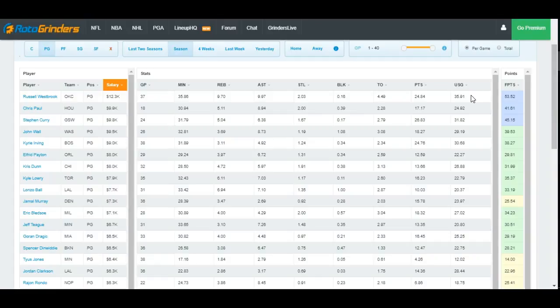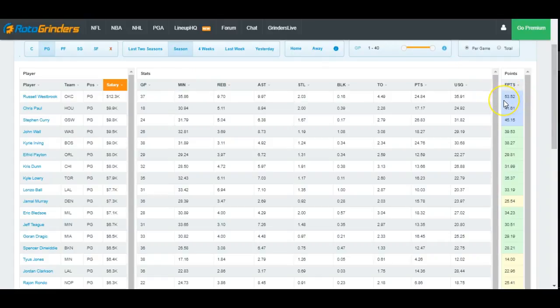And if the ball is in my hands, I have opportunities to do stuff with it. Again, if I'm just standing in the corner waiting to huck threes, it ain't helping me. My usage number is going to indicate that even though I'm on the court a ton, my usage number is very, very low. Therefore, unless I am nearly perfect with my efficiency, I ain't scoring you a lot of points. So what I'm looking for is who's playing the minutes, who's got the usage,